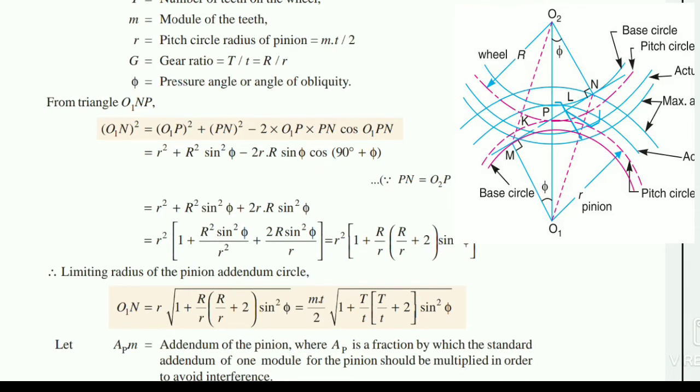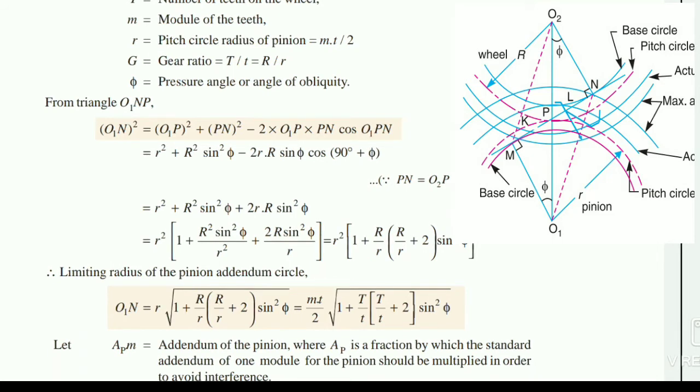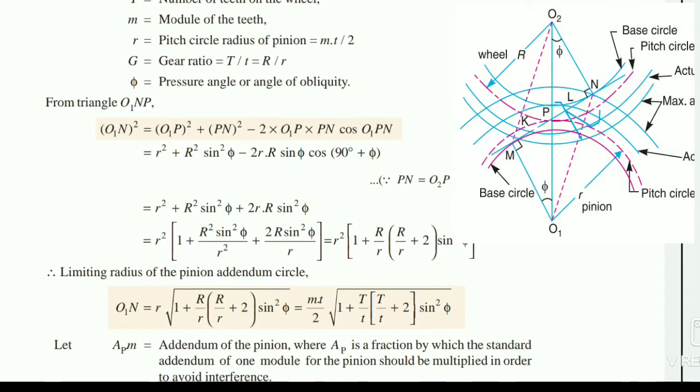In triangle O1MP, you have one angle of 90 degrees and another one is phi. So obviously the third angle will be 90 minus phi. By the construction geometry, we know the third angle will be 90 minus phi. So if you want to find out the other angle on the other side, you will consider it